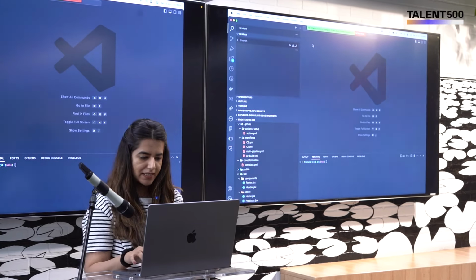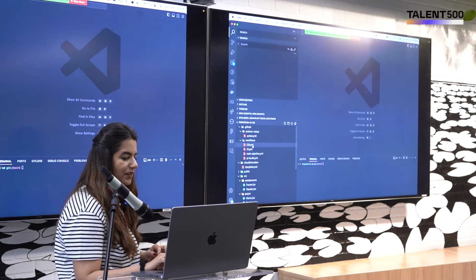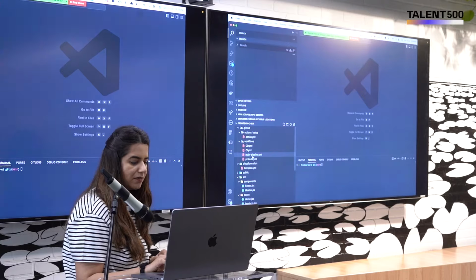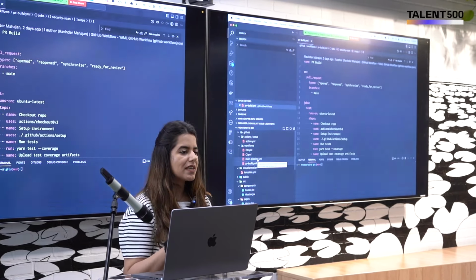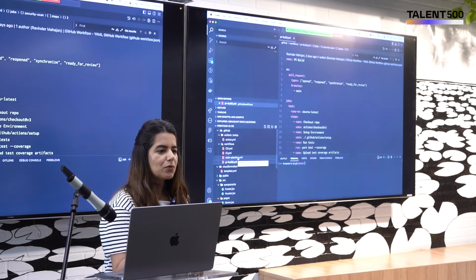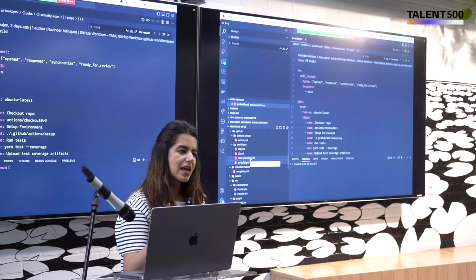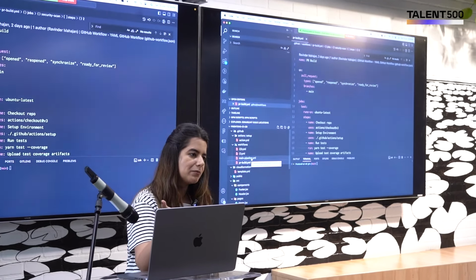My first step would be to create a GitHub folder, .github, and define the workflows in it. Today what I'm showing is a PR based approach. In some projects, your strategy would be trunk based. The difference is I will create my own feature branch, push in the code, and then the pipeline would run on it.